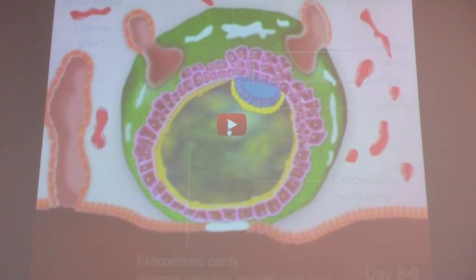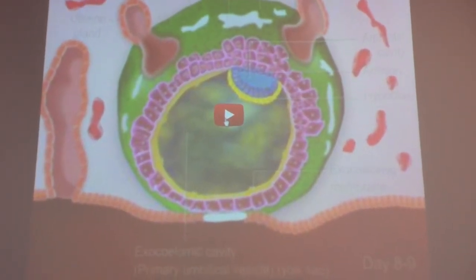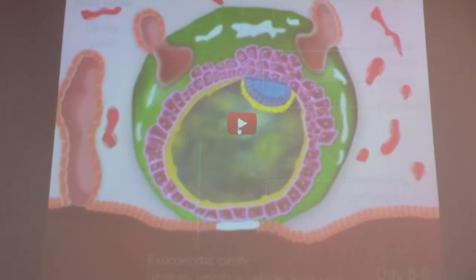All right, so we're going to start talking about implantation. So the settling of the blastocyst